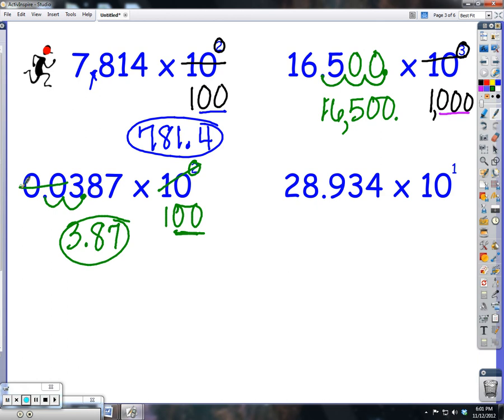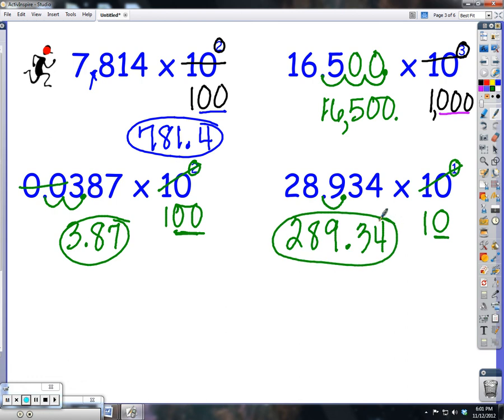All right, and in my last example, I've got 10 to the first power. So that would be a 1 with 1 zero, so it's just 10. So 10 to the first power is just 10. Okay, so 28 934 thousandths multiplied by 10. We are going to move the decimal 1 place to the right. 1 place to the right, so now it goes here. So it would be 289